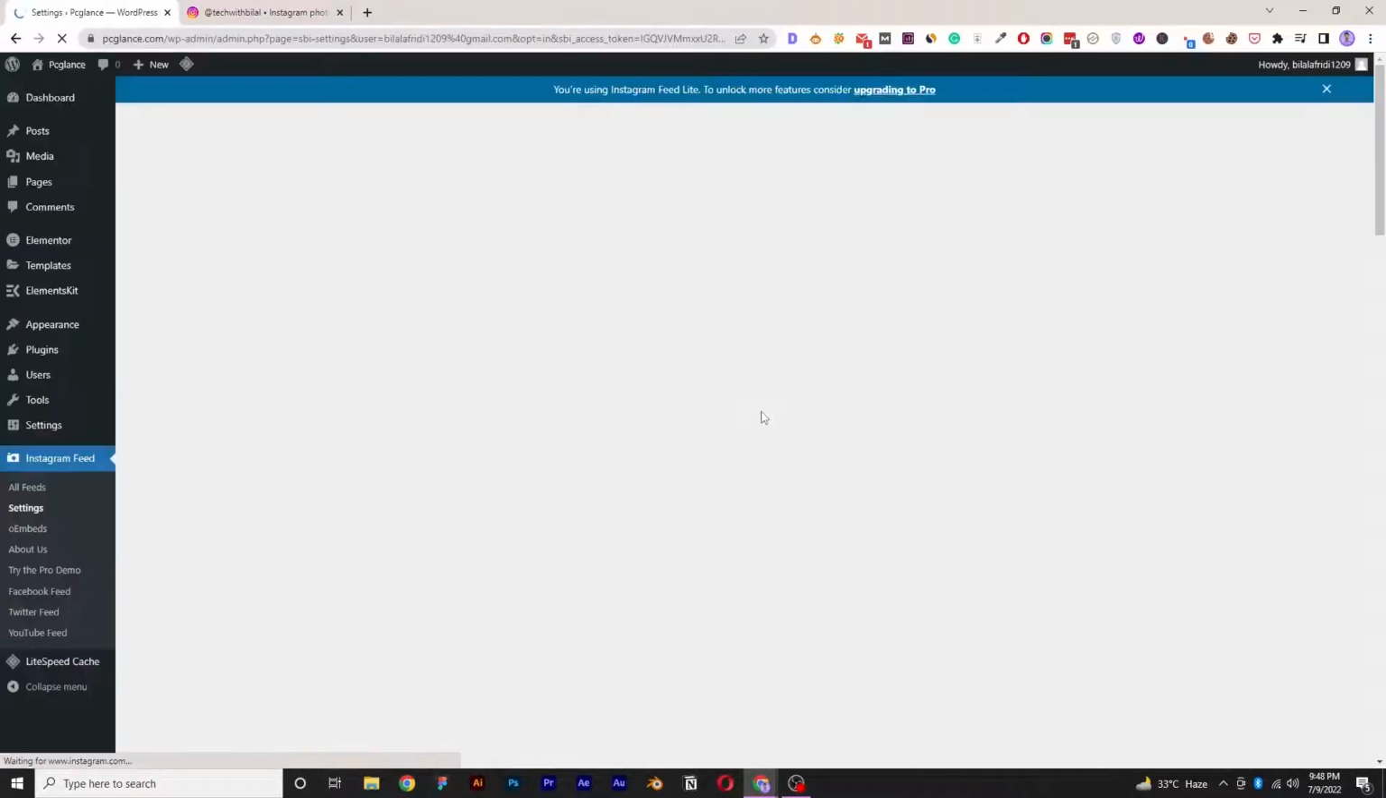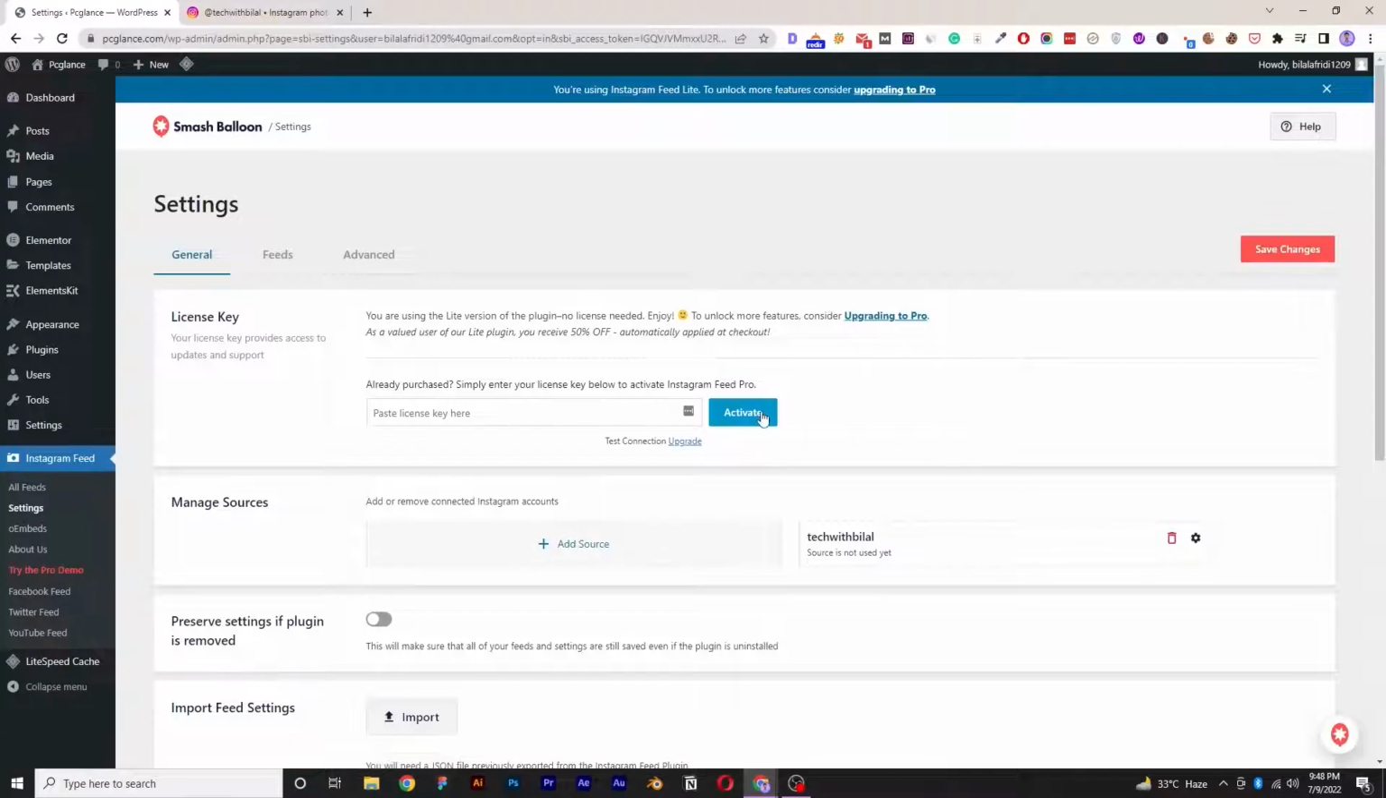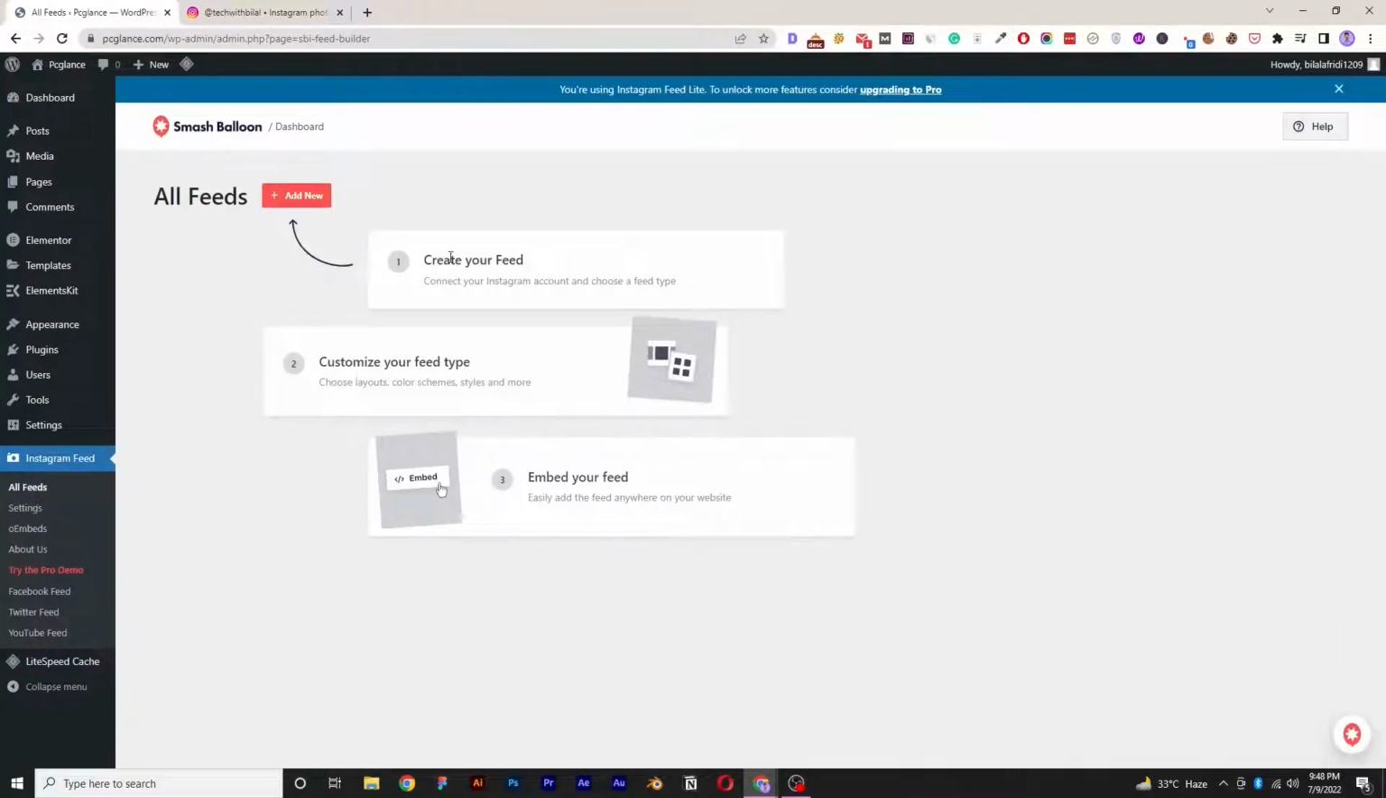It will need a few permissions. Don't worry about your password. It only gets access to images. So once it's connected, you have to go to all feeds, and here click on create. Here you have to click on add new,